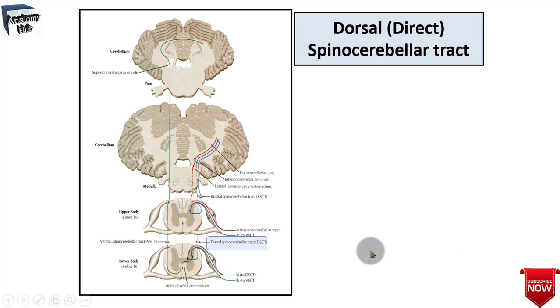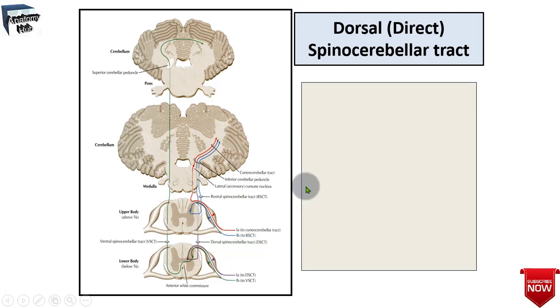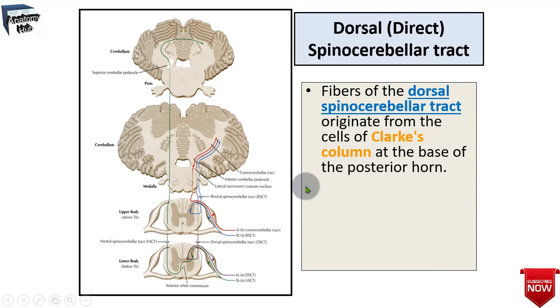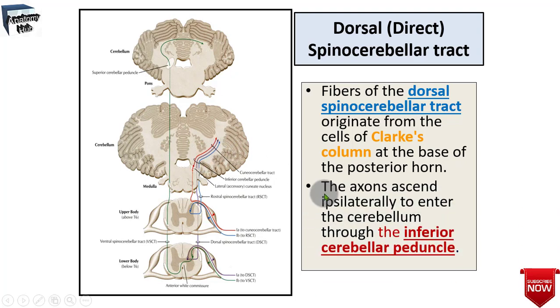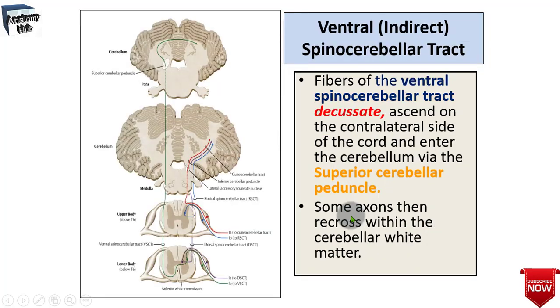The dorsal spinocerebellar tract ascends upward inside your spinal cord and reaches the medulla and the inferior cerebellar peduncle. Through that it reaches the cerebellum. So the axons ascend ipsilaterally to enter the cerebellum through the inferior cerebellar peduncle, and the ventral or the indirect